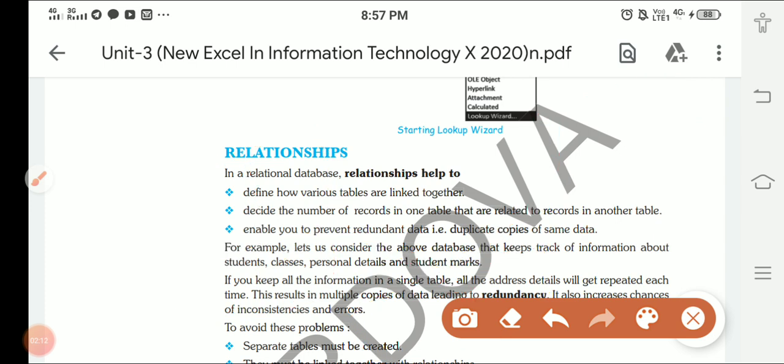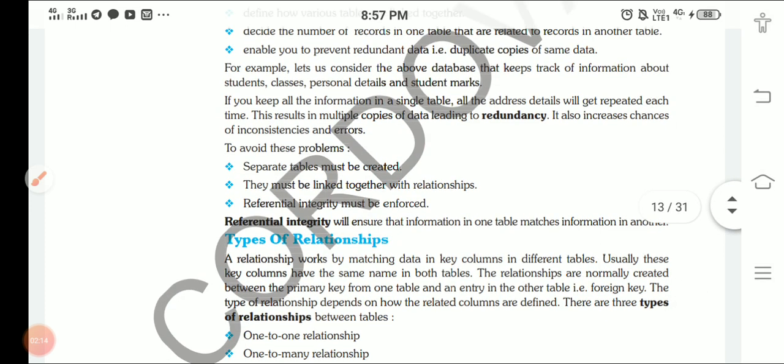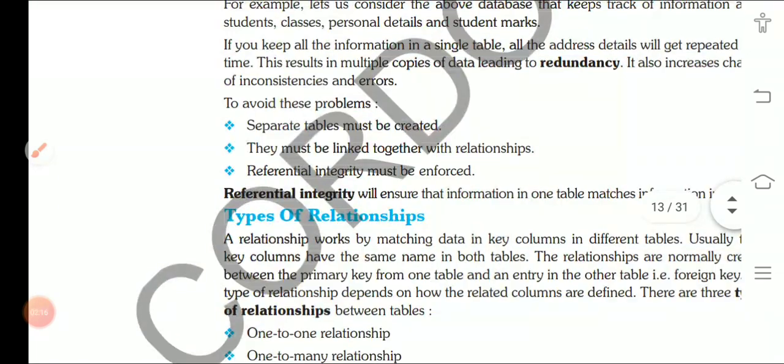This is known as a relationship, and this relationship helps us avoid the problem of redundancy; it does not allow duplicacy. If I make changes in any of the tables and I connect that table with another table, that update is automatically done in the second table also. This is possible because of the relationship.